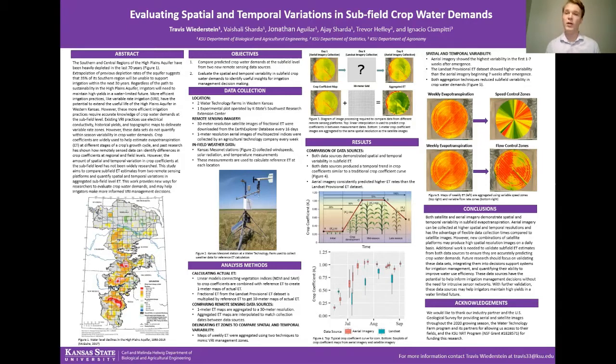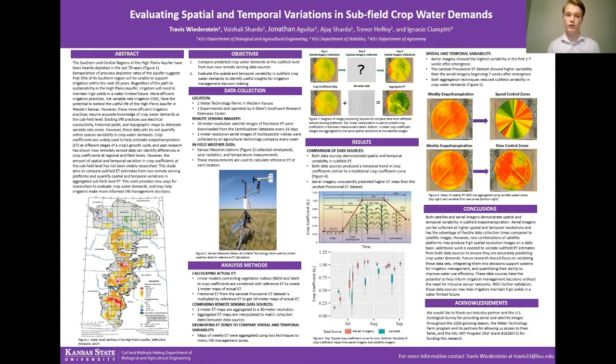Now, I started by comparing the crop water demands predicted by these two data sources. To do this, there were additional steps that were needed to produce images that were at the same spatial and temporal scale. These methods are shown in figure 3. However, once I completed these methods and I have images of crop water demands that are at the same spatial and temporal scales, I produced the results that are shown in figure 4. Now, these results show that